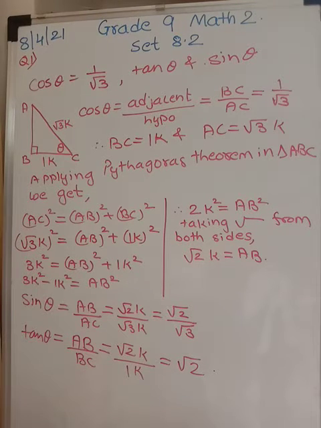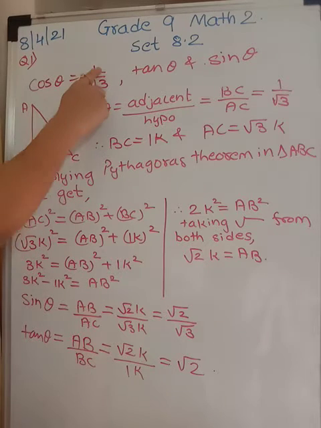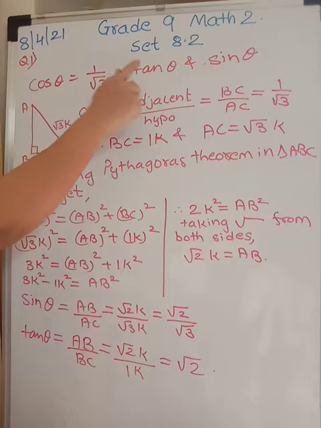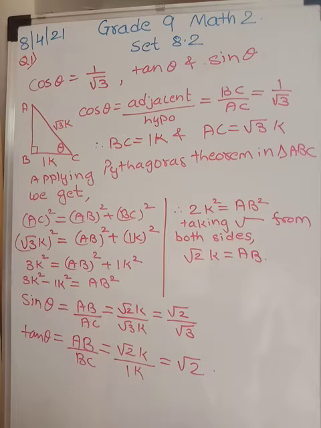From set 8.2, tabular form, they have given values of either sine theta, cos theta or tan theta. One is given, remaining two you have to find out. So we have seen earlier 3. Now the fourth column is reduced from your syllabus. This is the fifth one where cos theta is given as 1 by root 3. You have to find tan theta and sine theta. Process remains same. Method is same. We have done it many times.